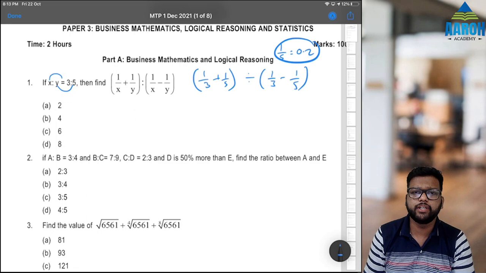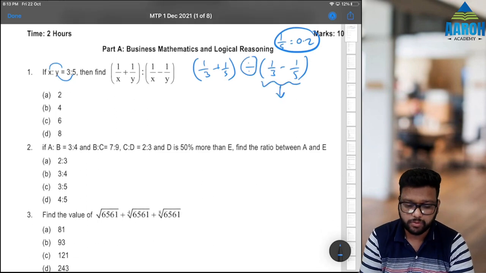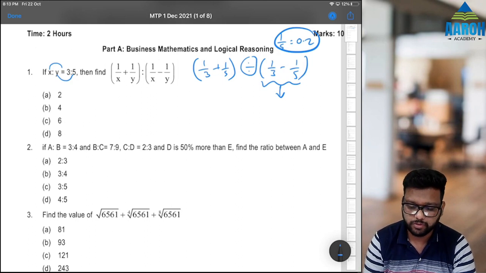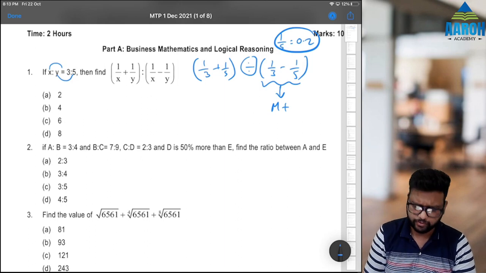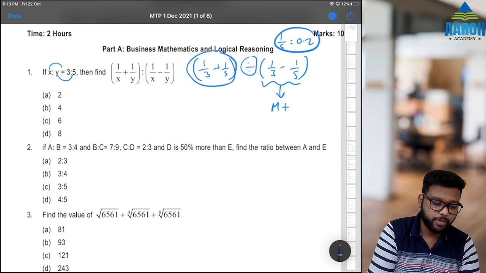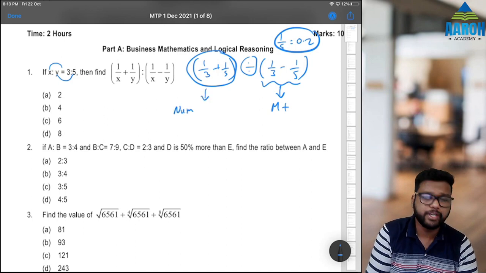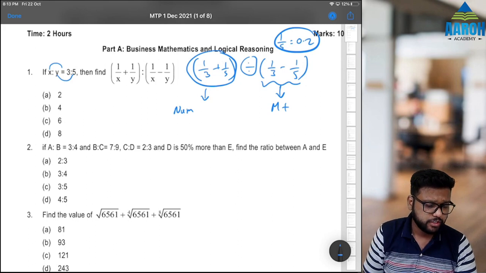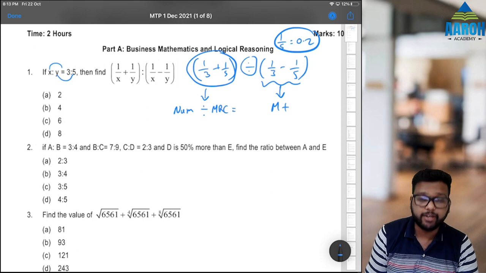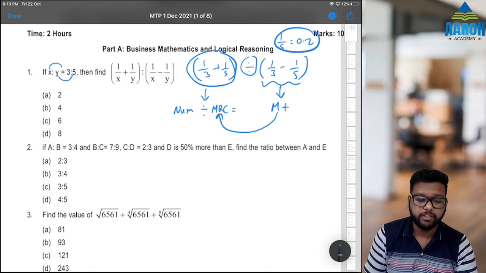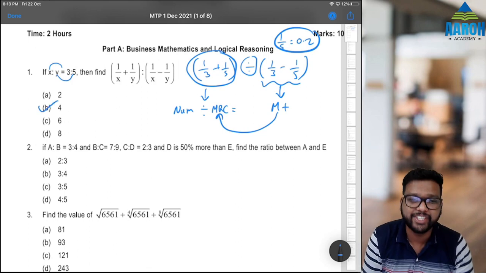So let's do it on calculator. This is the denominator, right? So let's do this first. 1 by 3 minus 0.2, and add it to memory, M plus. Then 1 by 3 plus 0.2. Now we have got the numerator on calculator. If you press equal to, you would have got 0.5333 something. Now divide by MRC, equal to, because we have already stored this in memory, right? That will give us 4.000 something. So 4 is the correct answer.